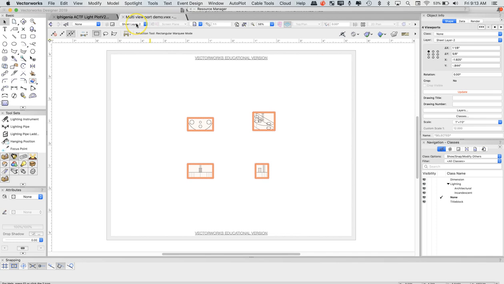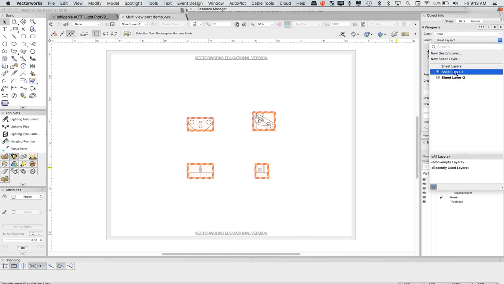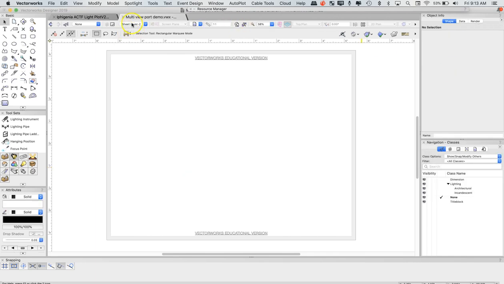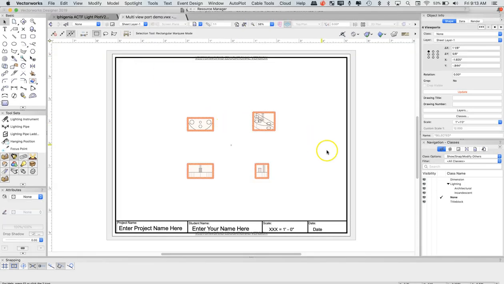You notice that it made a sheet layer 2. So what we're going to do is select our four viewports, come up to the object info palette, and change it over to sheet layer 1. And now we can just come to sheet layer 1, and here we are. Now we just need to resize these